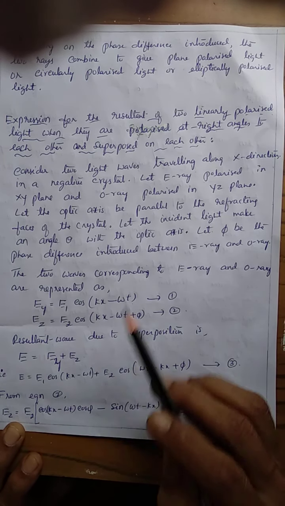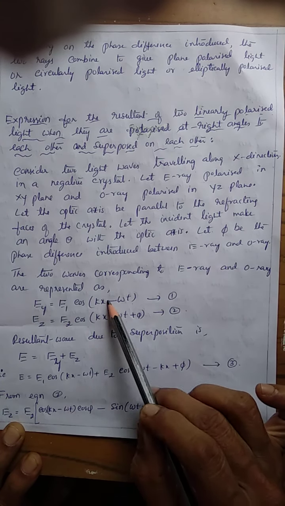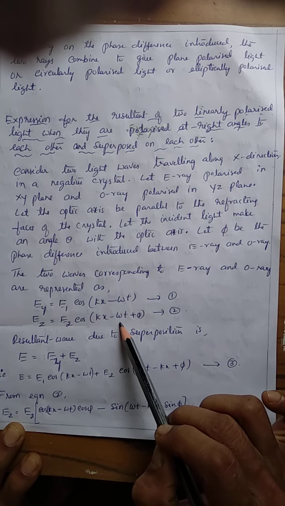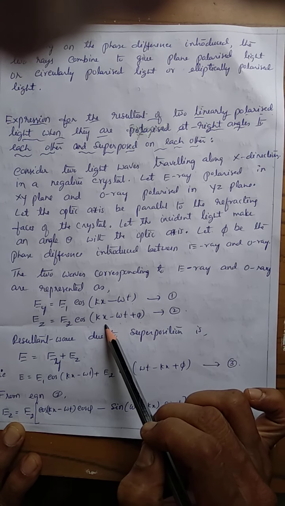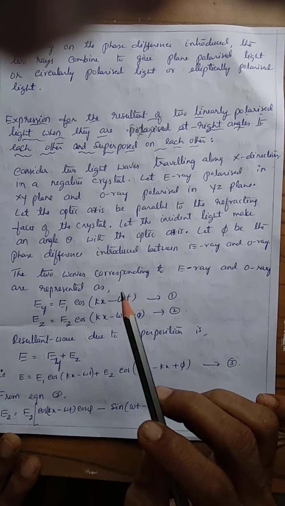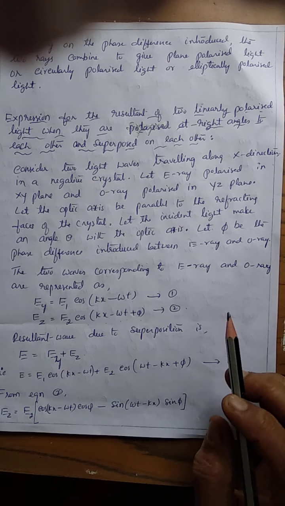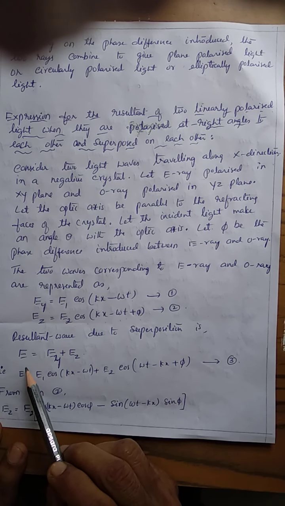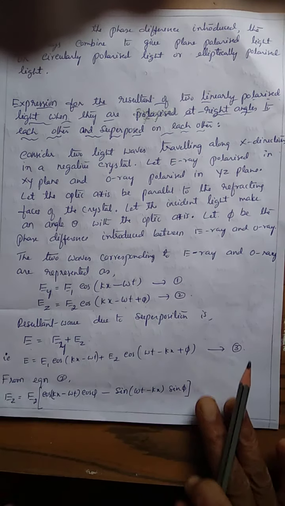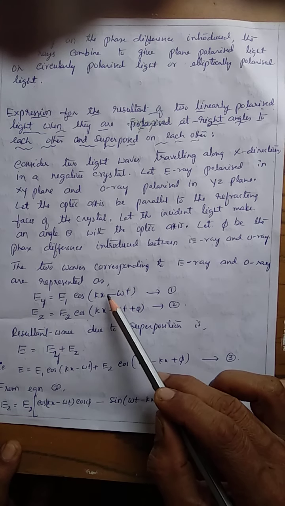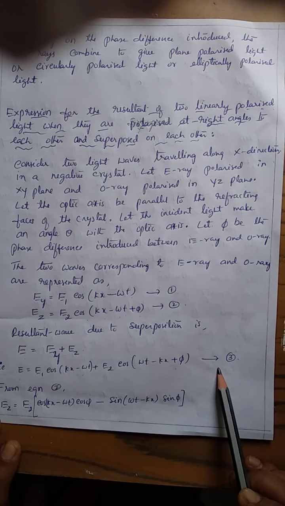Both are simple harmonic progressive waves, so we consider the expression for a progressive wave. One wave is leading in phase by phi from the other. These two are the expressions for the displacements of the two waves. When the two waves are superposed, a single resultant wave is produced. So the displacement of the resultant wave is E equals Ey plus Ez. Now we have to simplify this.